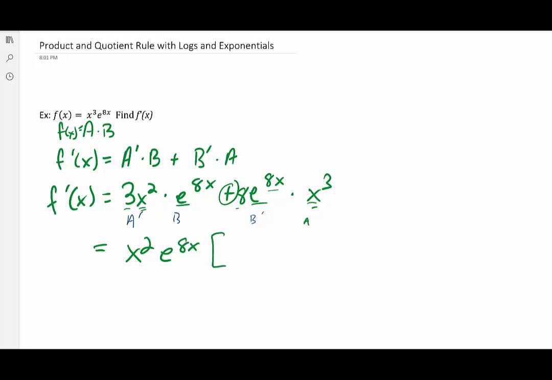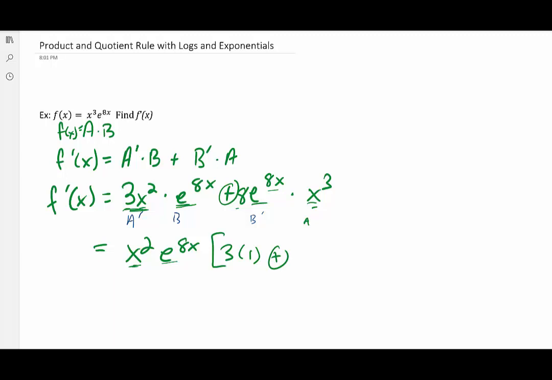What remains? What's left over? Okay, so go back to the left side of the plus here. I'm looking at 3x squared. I take 3x squared and I divide it by the x squared that I factored out. That leaves me with a factor of 3. When I have that e to the 8x, I took out all of that e to the 8x. I divided all of that out. That leaves me with a factor of 1. Plus,